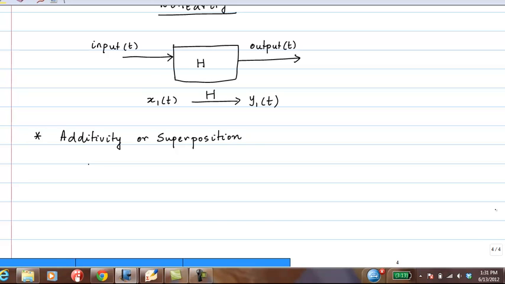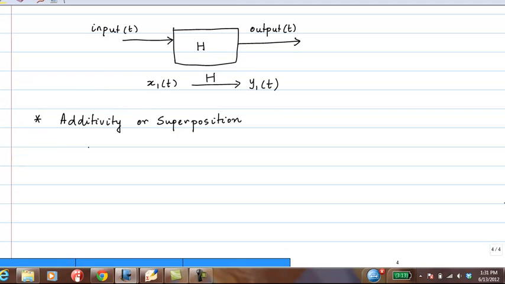So the superposition property essentially says the following. It says that if the input x1 produces the output y1 and the input x2 produces the output y2,